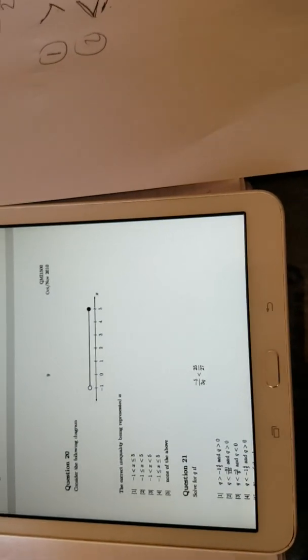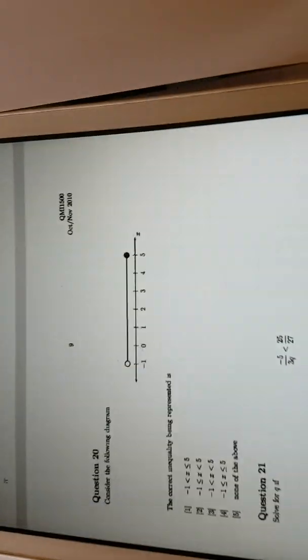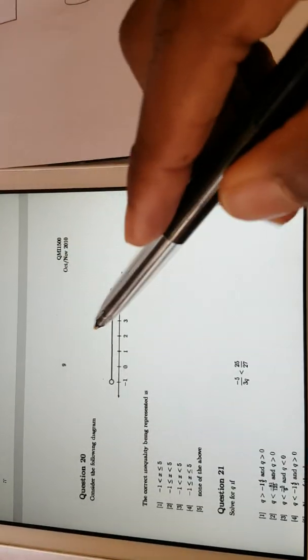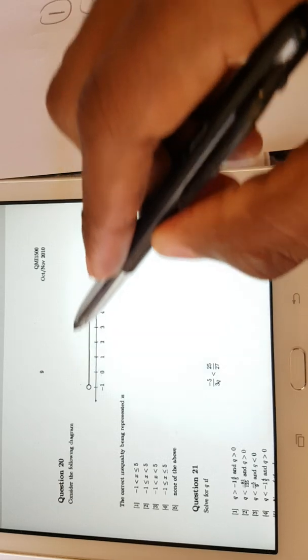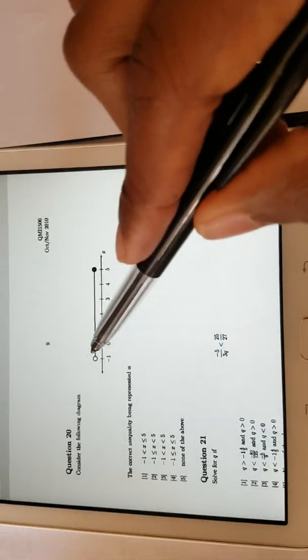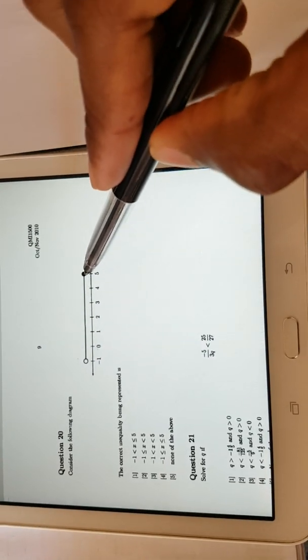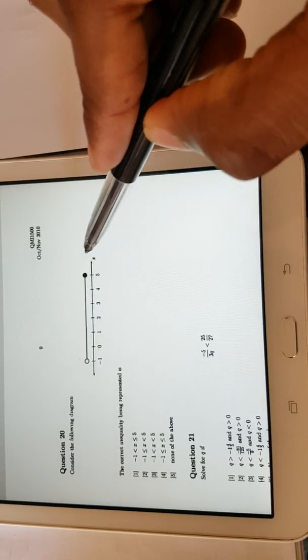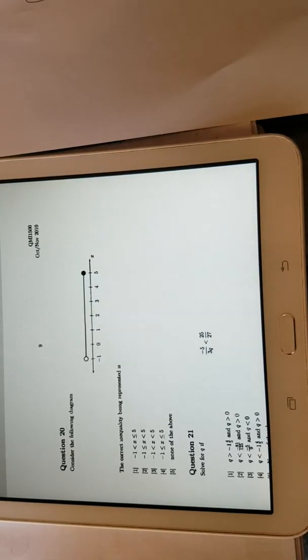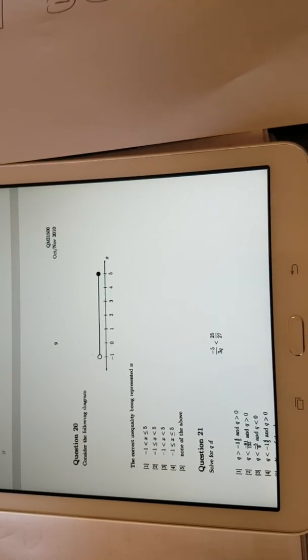number 20. So having a look at question number 20, what is the meaning of the unshaded dot and the shaded dot? So the unshaded means if it's less, it's only less. If it's greater, it's only greater. But if it's shaded, it means if it's less, it's less or equals to. If it's greater, it's greater or equals to. So please play video number 1 of inequalities. You will see this stuff, okay? So now,